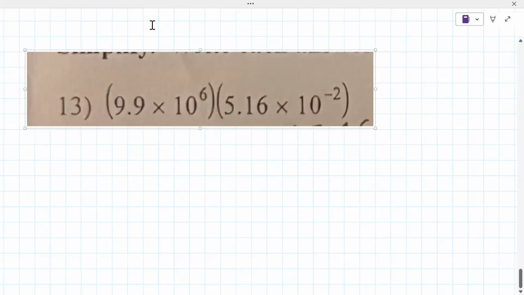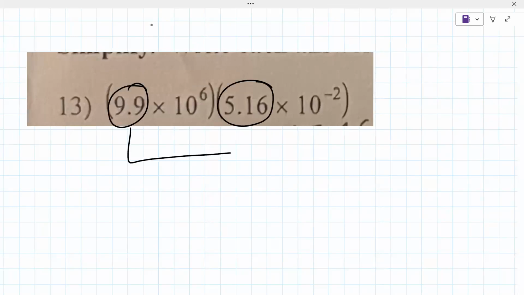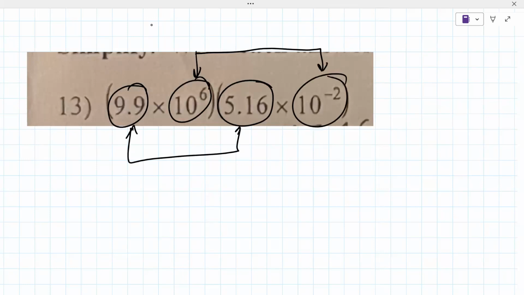The way to do these is to first multiply these numbers and then to multiply these numbers. The powers are the easy ones. It becomes 10 to the fourth. And you are allowed to use a calculator on these. So if you've got a calculator handy,